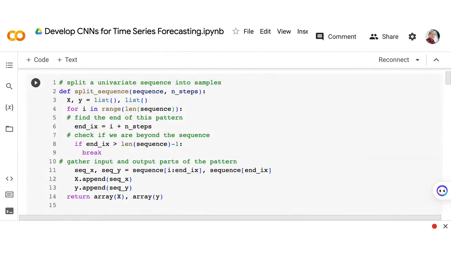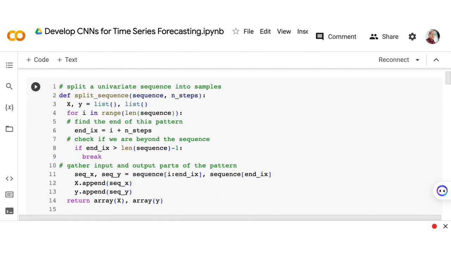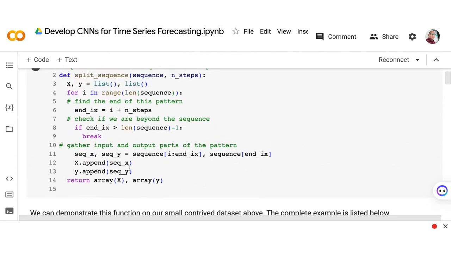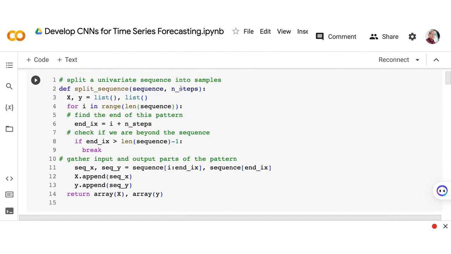You notice that we are still using the function with which we can split our univariate sequence into a number of samples, depending on how many steps we would like to have. From last week, we just used 3 as the value of our number of steps.